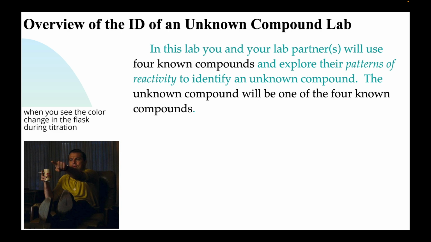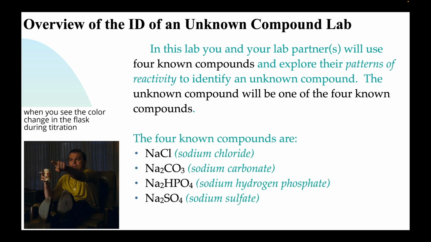Now, the unknown compound will be one of the 4 known compounds, and it should have reactivity identical to one of the 4 knowns. Again, the 4 known compounds, they're all sodium salts, which means sodium is the cation. These are all ionic, so they have positives and negatives. NaCl is sodium chloride. Na2CO3 is sodium carbonate. Na2HPO4 is sodium hydrogen phosphate. And Na2SO4 is sodium sulfate. And you'll use these 4 knowns and their patterns of reacting with different chemicals to figure out which one represents